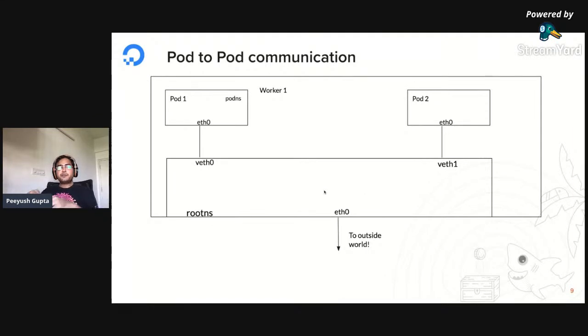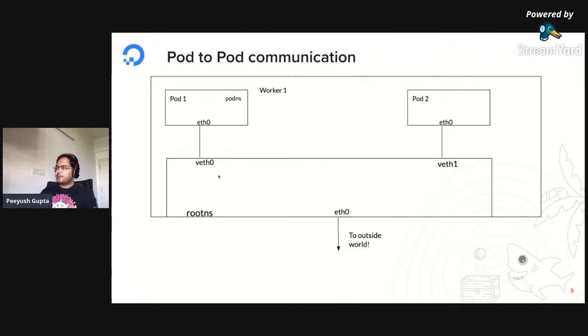Now, one of the requirements in Kubernetes networking is that when pod-to-pod communication happens, Kubernetes doesn't want you to do a NAT operation, or network address translation. So you should be able to reach it by calling the IP. When this pod just calls this pod's IP, the packet is going to go here, then to this particular virtual Ethernet, and it knows that this is where I'm connected to and where I'm supposed to go.